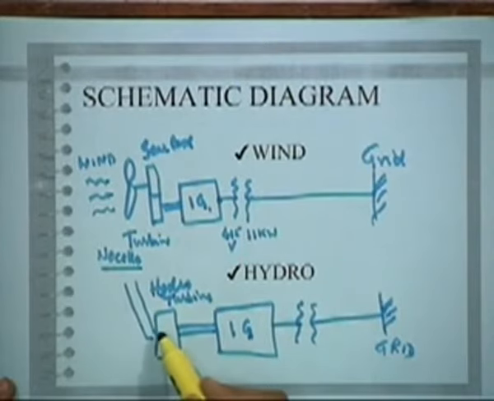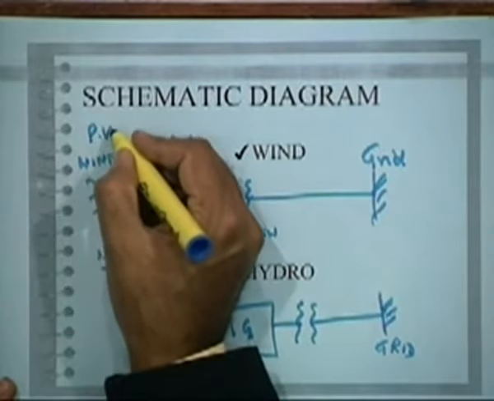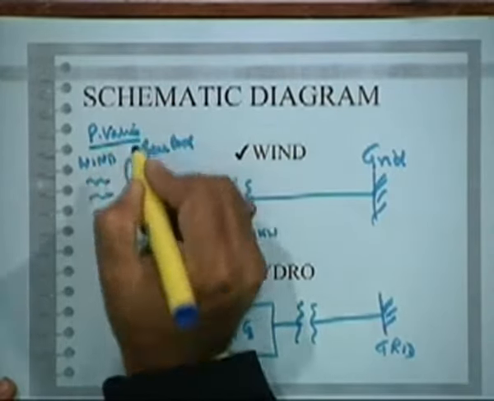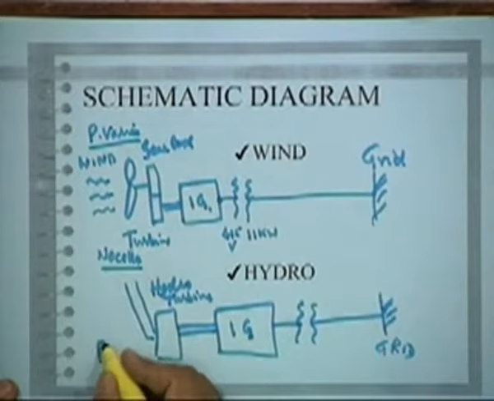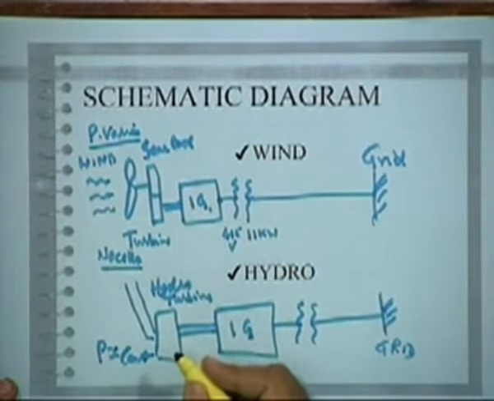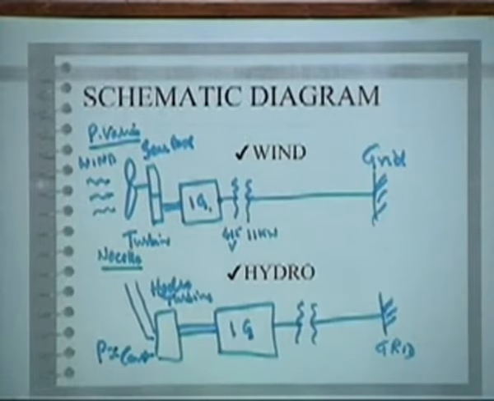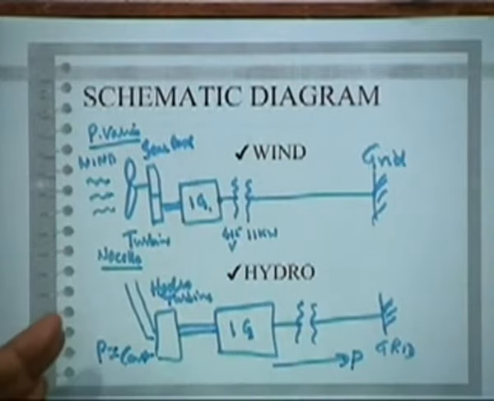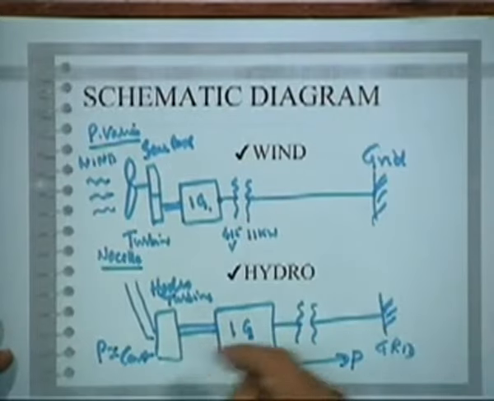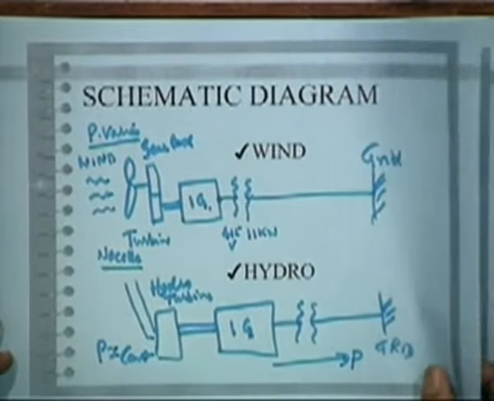Whatever power is in the hydro, only thing is here, P varies as the cube of wind speed. Here P is nearly constant, because so long as water level is constant, power here is constant. So the same constant power is fed to the grid. Okay. So in mini hydro systems they have been having this with control on the turbine.